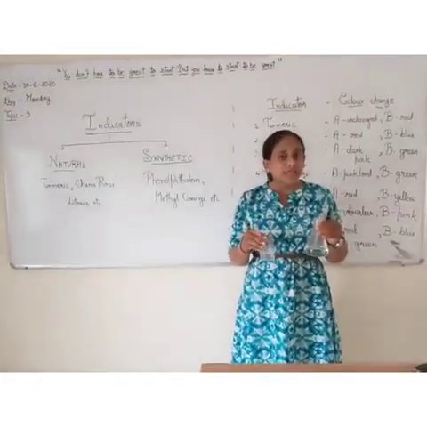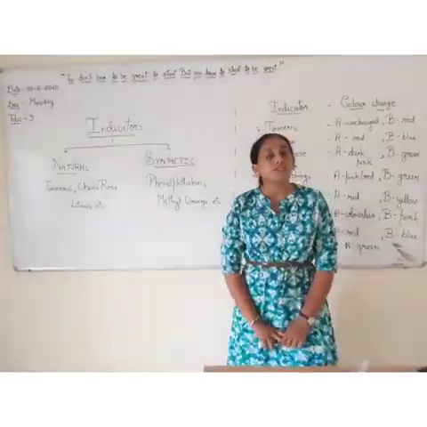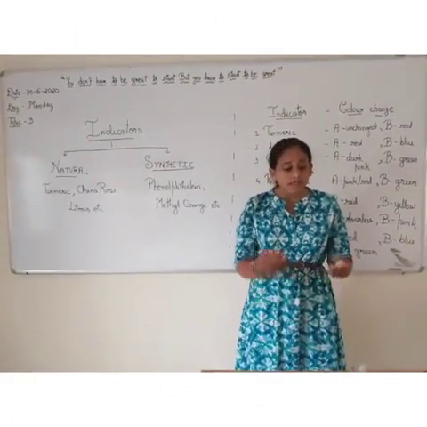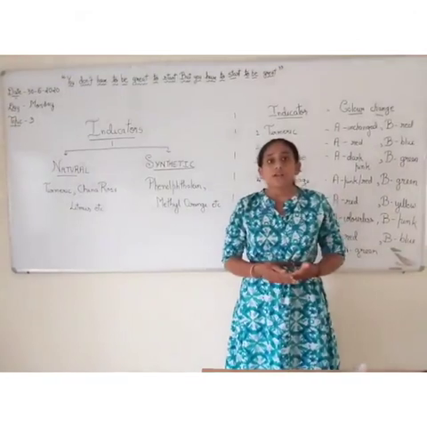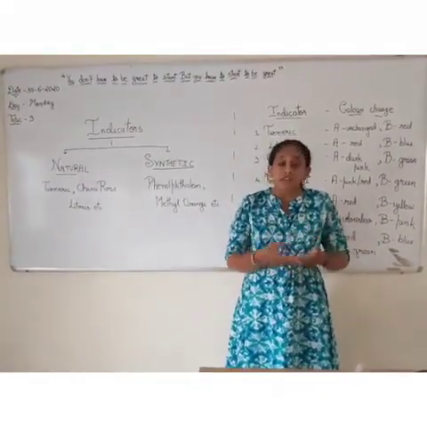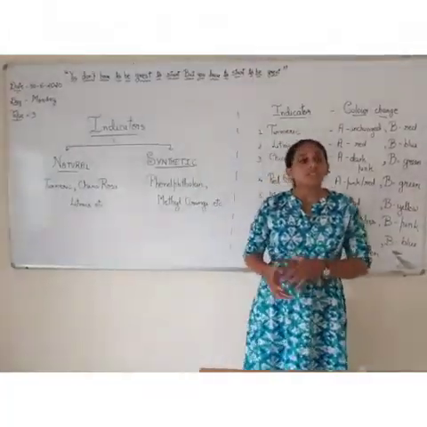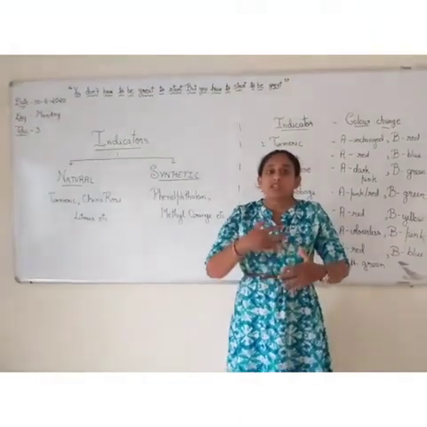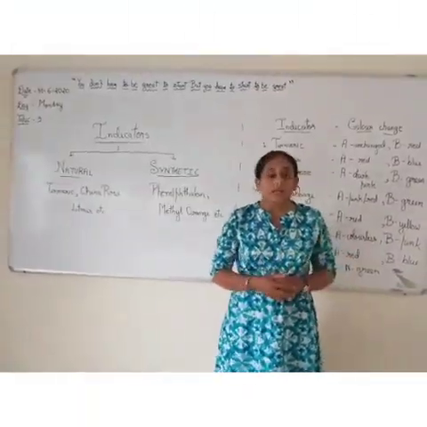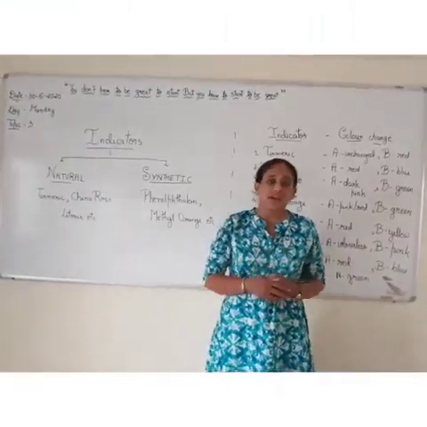We should not taste an acid or a base because they are harmful and dangerous in nature. So, how are we supposed to identify that the liquid in front of us, which one is an acid and which one is a base? The method or a way to find out is with the help of indicators. Indicators are special substances which change their color when they react with an acid or a base. That is, in acidic and basic properties, they change their characteristics.